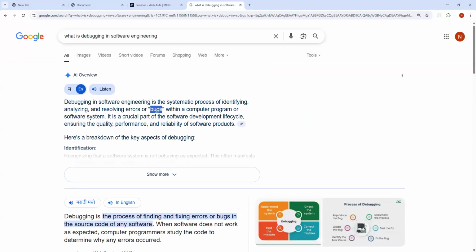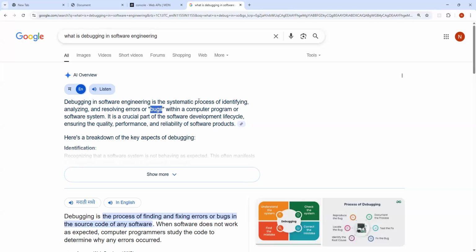Like you write a plus b, and it should give you the addition, but sometimes the code block gives you an unpredictable, unwanted output. That's a bug. You write for something and it's giving you a result of something else. And what is an error? An error is where you write something wrong in your syntax, or you try to access something which is not available. These are the errors in a computer program.